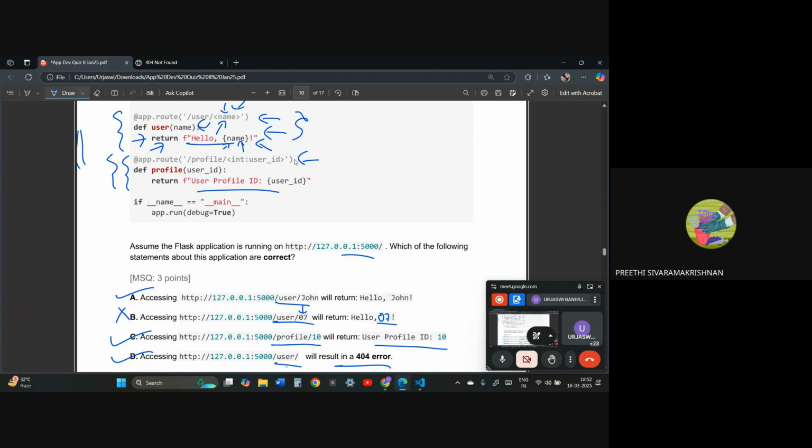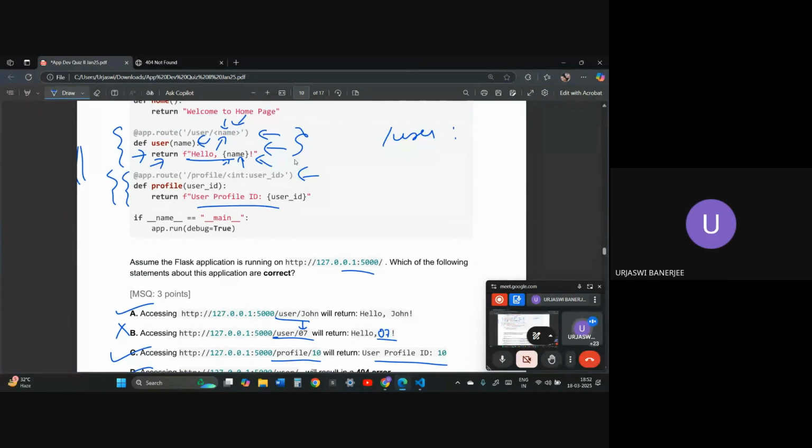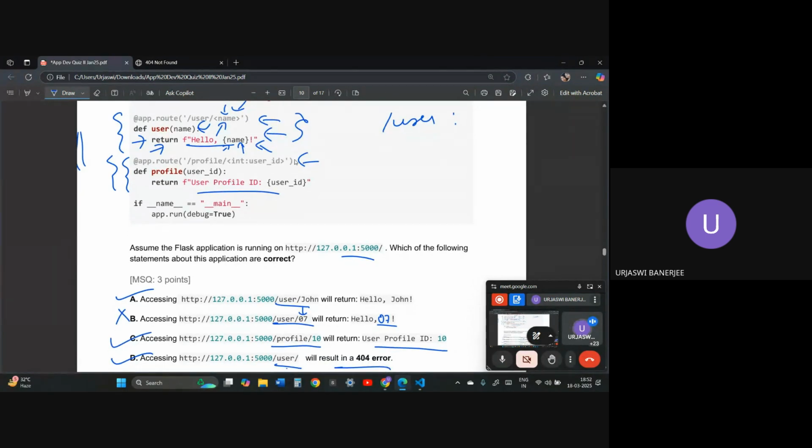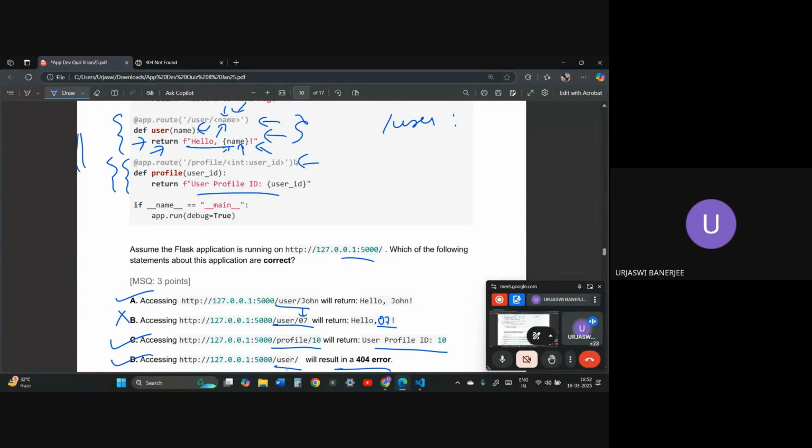Then somewhere I faintly remember in the PYQs we were discussing, there was a question like this with user only, and in the route we were passing the name as well. The question was saying something with alphanumeric, with an if and an else block. We did a lot of PYQ questions based on this.